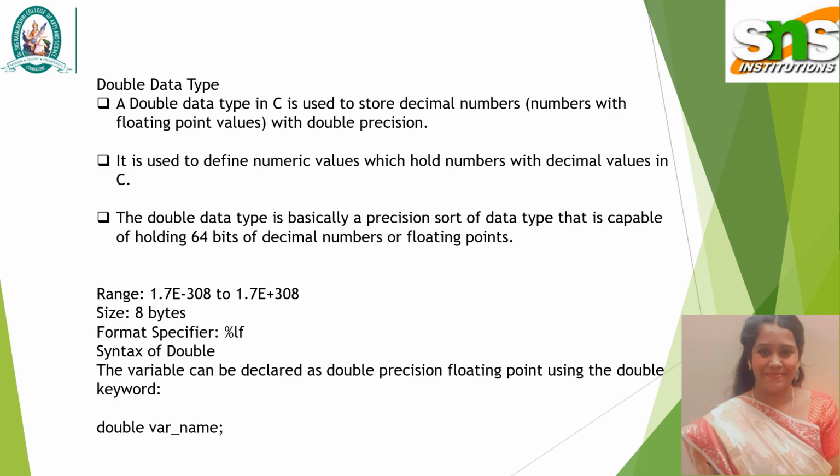Double data type, which is the longest data type in the C programming language. With the double data type, we can store decimal numbers with floating values. The double data type gives precision, as it is capable of storing the decimal points along with the floating values. The range will be from 1.7e-308 to 1.7e+308, and the control string will be